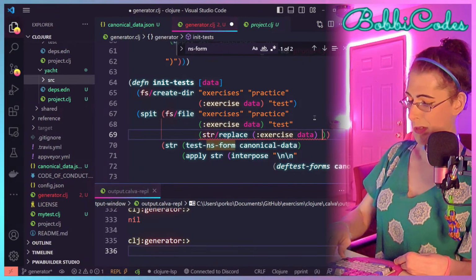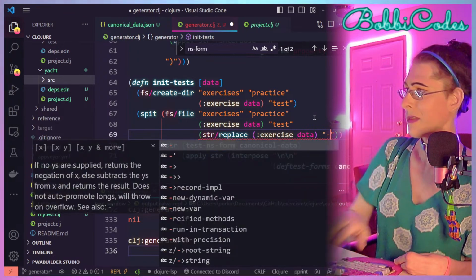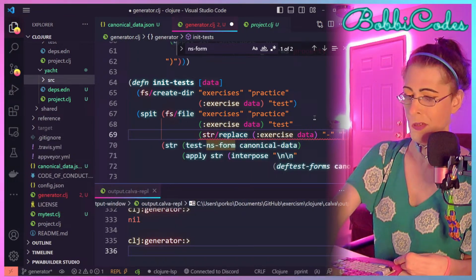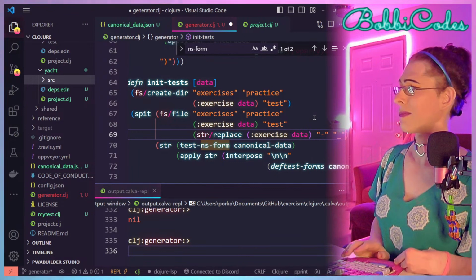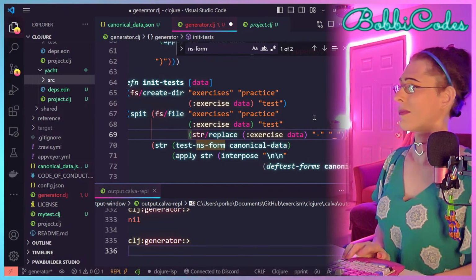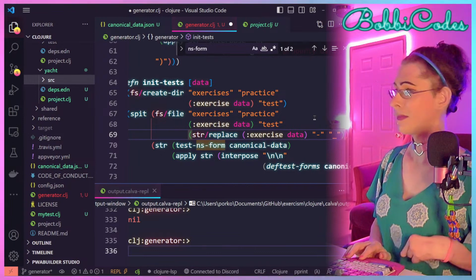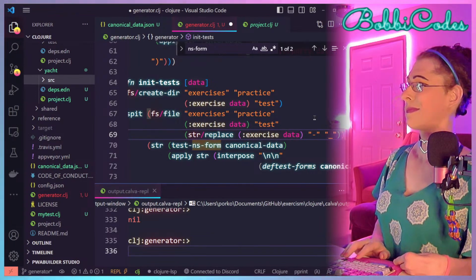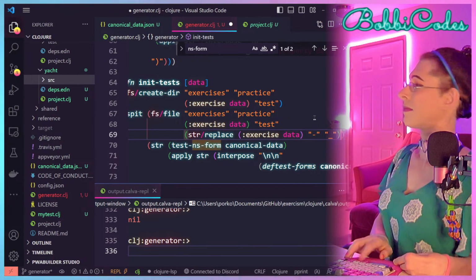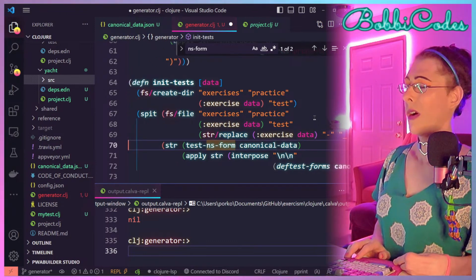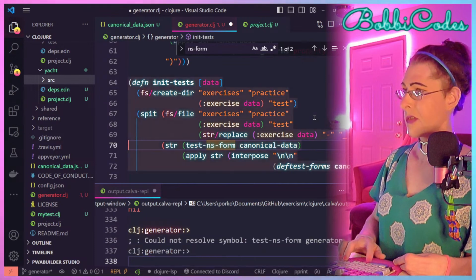Replace the hyphens with underscores. Okay, I think that should be good.